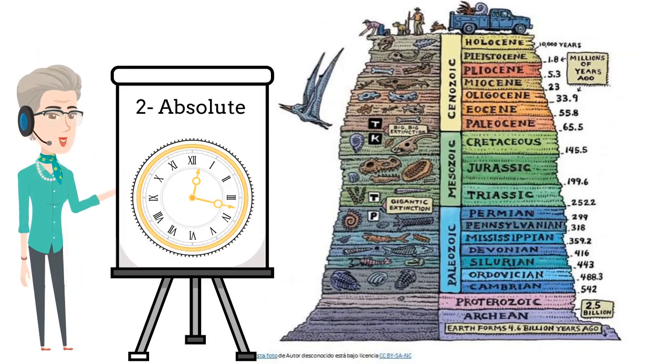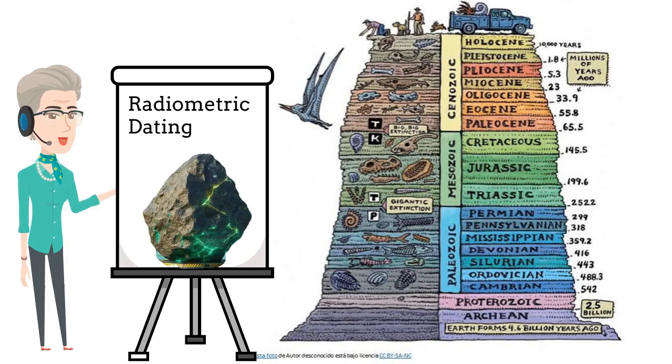Let's talk about absolute age dating. Absolute dating techniques are used to assign numerical ages to fossils and rocks, providing a more precise timeline of Earth's geological history. Radiometric dating relies on the decay of radioactive isotopes within minerals present in rocks and fossils. The decay rates of these isotopes are constant and predictable through time, allowing scientists to determine the age of the sample. Scientists can calculate the age of a rock or fossil by measuring the ratio of parent isotopes to their